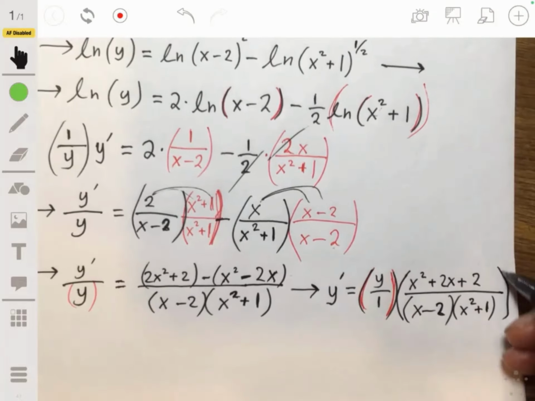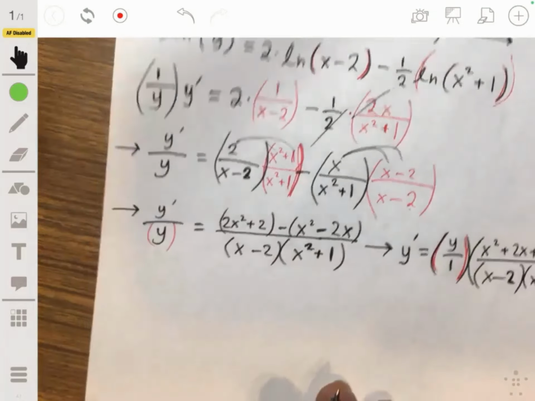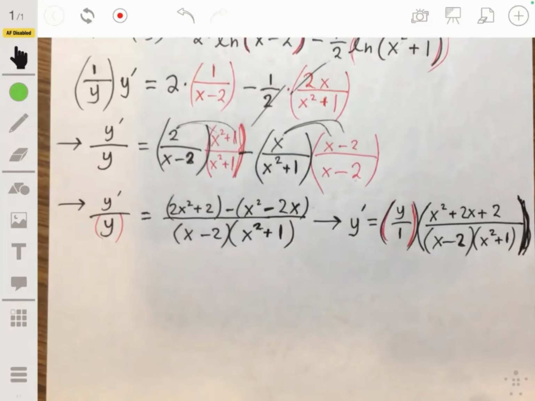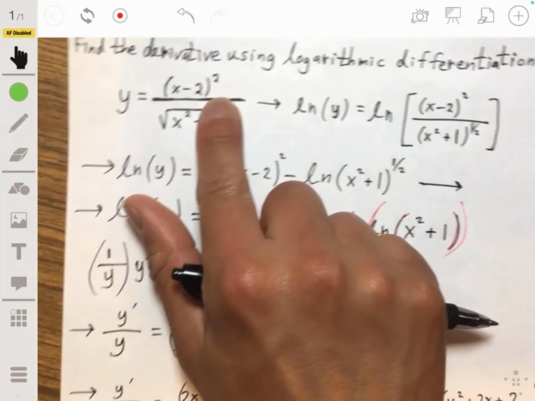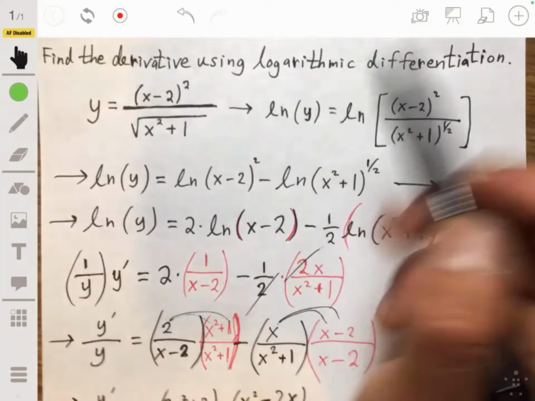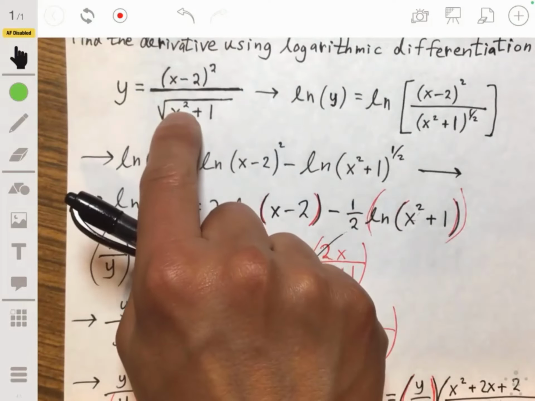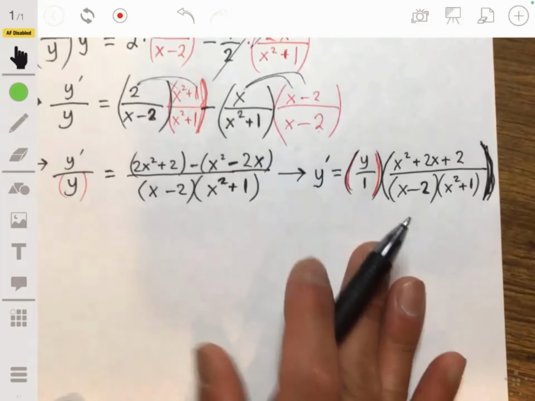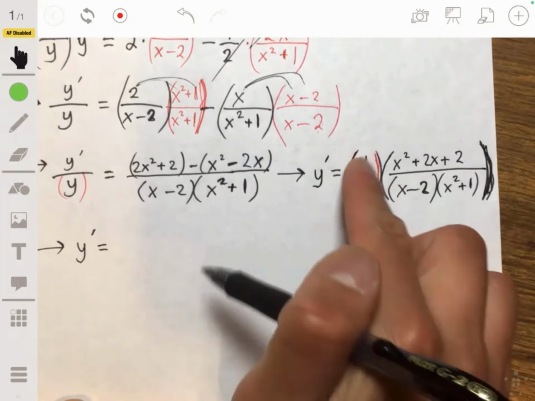We're almost there. The thing is, we have to rewrite this y as the original because we need it in terms of x. So let's rewrite it as this with the algebra, and let's rewrite the x squared plus 1 as a power, so it's the 1/2 power. So then what we get is that y prime will be equal to